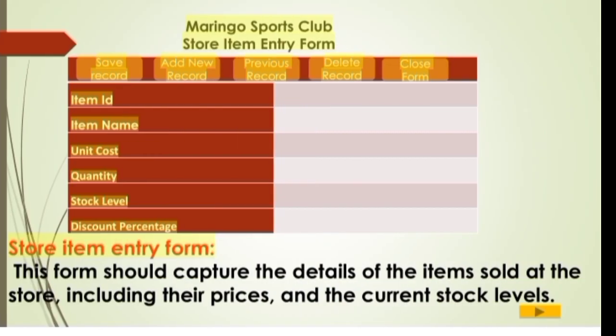Maringo Sports Club. Store Item Entry Form. Item ID. Item Name. Unit Cost. Quantity. Stock Level. Discount Percentage. Save Record. Add New Record. Previous Record. Delete Record. Close Form. Store Item Entry Form. This form should capture the details of the items sold at the store, including their prices and the current stock